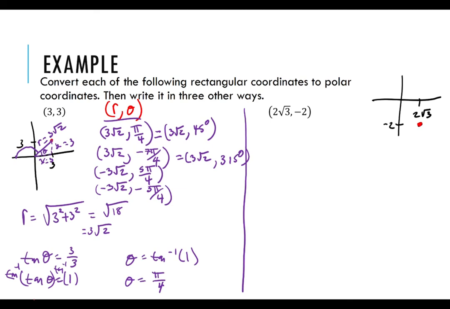So then what do we need to do? We need to draw our triangle. And so this, well, we know what our y value is. Our y is negative 2. Our x value is 2 root 3. Then what is r? Well,